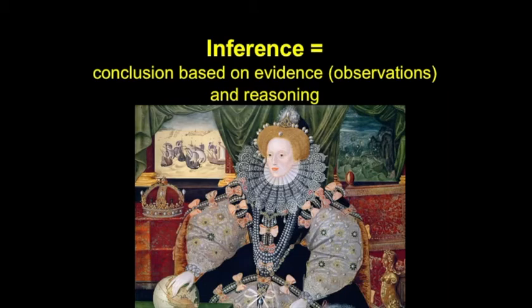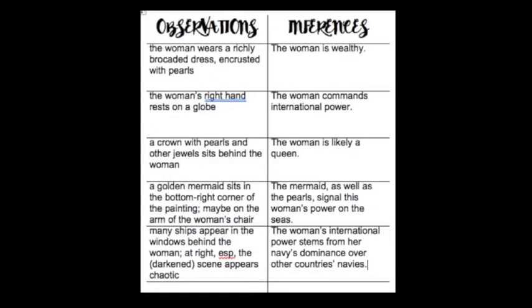How'd you do? If you found inference making more difficult than observation making, don't worry. Drawing inferences is a more challenging mental task than making observations, and it's one we'll practice together in this course. Moreover, without some key background knowledge, like knowing that the style of dress is late 16th century and that Queen Elizabeth I of England had red hair, it might be difficult to reason your way to the conclusion I'm about to make. But if you did know that the woman is the English Queen Elizabeth I, you might have inferred